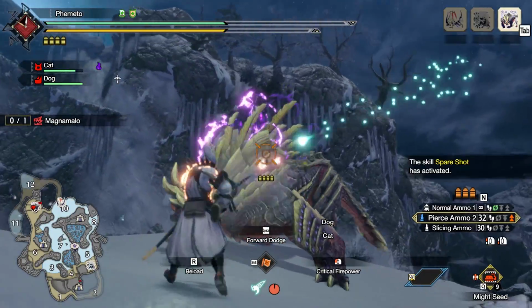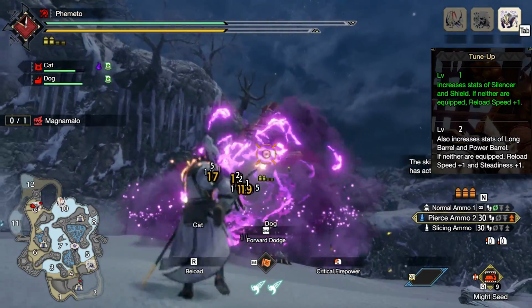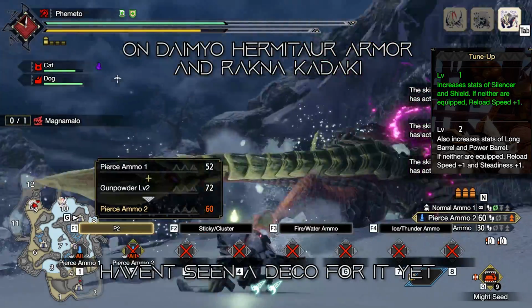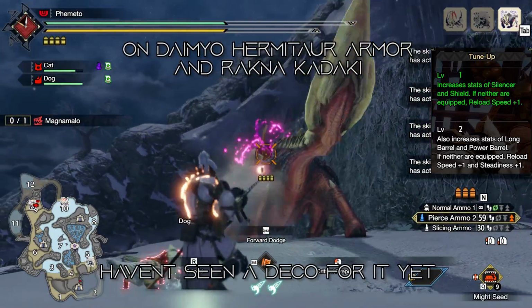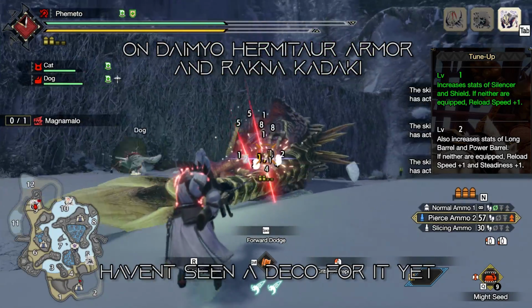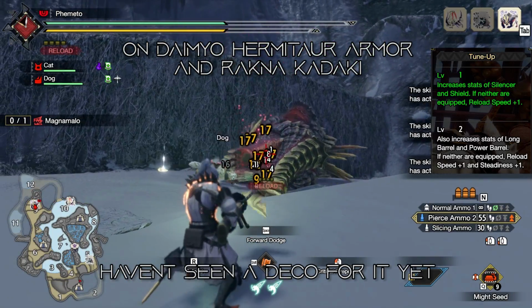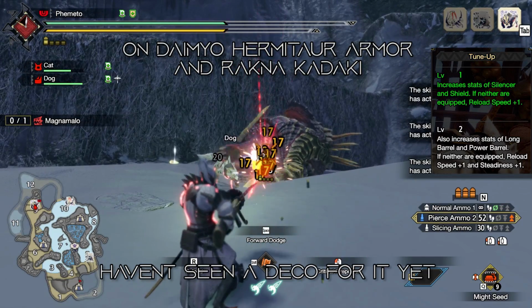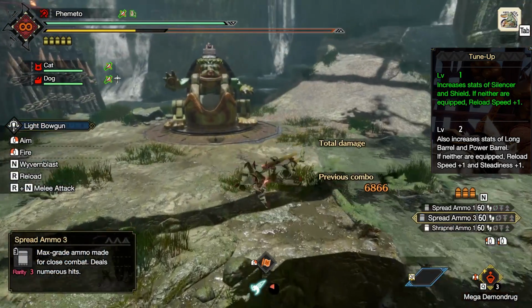The new skill I mentioned earlier on the crab and spider waist, tune up. This is a great versatile skill. For 2 points you can buff your power barrel to give you extra raw, give you extra level of recoil on silencers, so it would provide 2 levels of recoil, or provide more reload speed if you have neither equipped. This does stack with your recoil and reload decorations already, giving you potentially -5 to recoil and -4 to reload